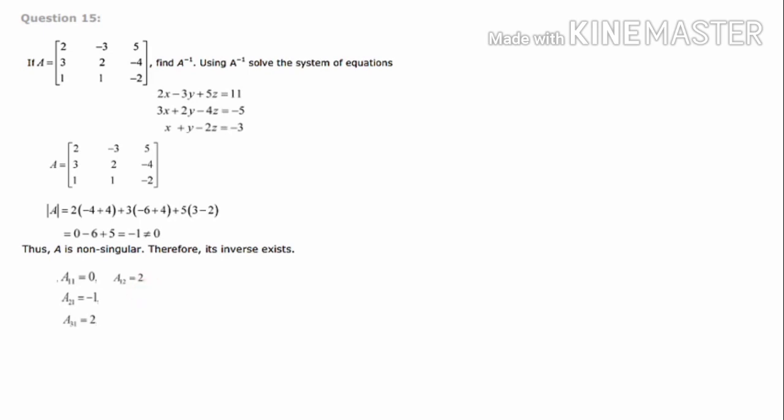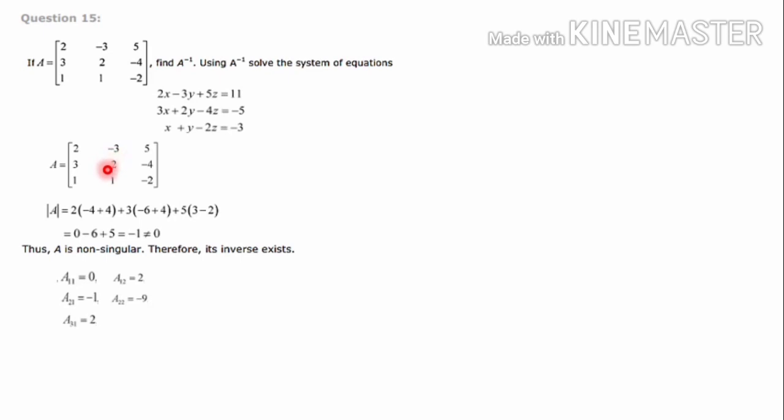Here you may feel a little bit of difficulty because we are doing the mental calculations. If you feel inconvenience, you can take a piece of paper and go for rough calculation and then write the final answer. That you have to choose your own choice. It's not a problem. Then next is A22, that is second row, second element.